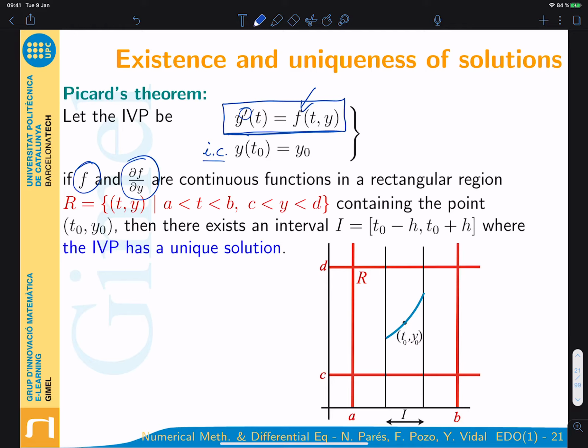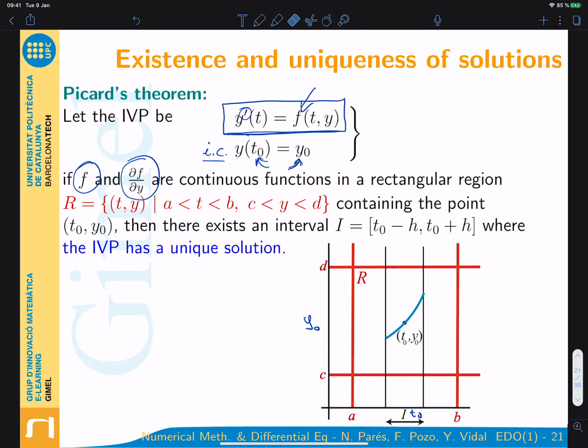Then Picard's theorem tells us that if this function f and the first partial derivative of f with respect to y are continuous functions, where? Well, in a rectangular region that contains the initial point, where the initial condition is given. So if we see here the plot, this is the point t0, y0. The theorem is telling us that if f and the first partial derivative of f with respect to y are continuous in this rectangular region that contains the